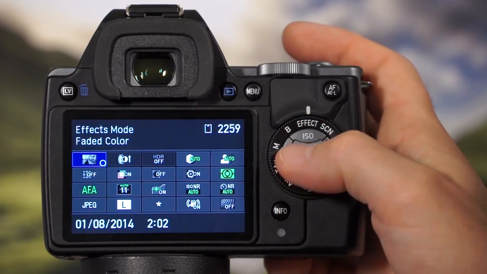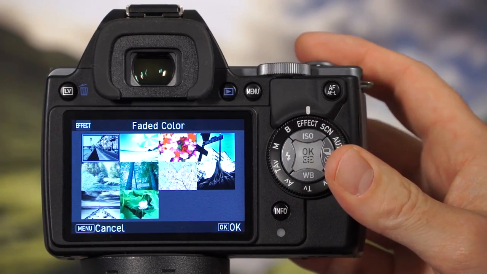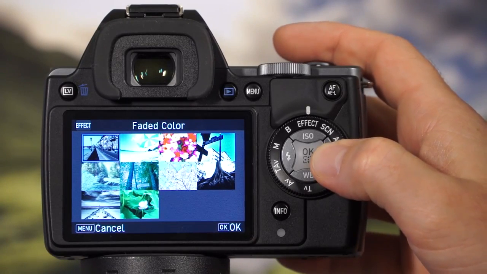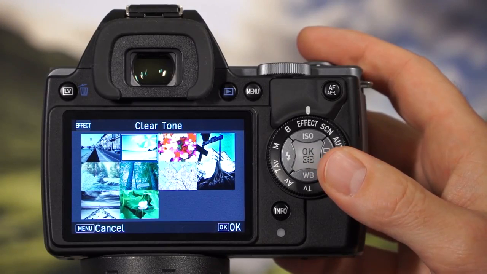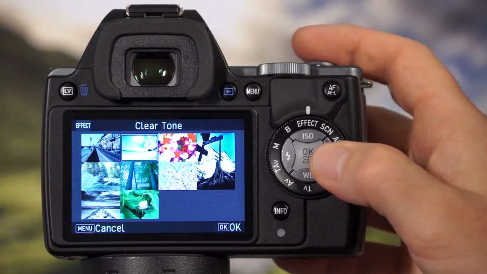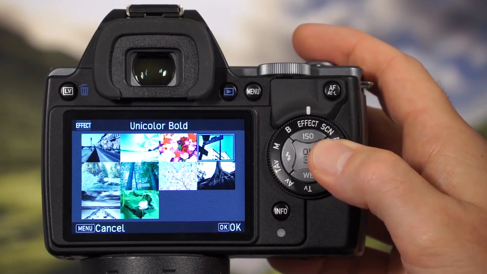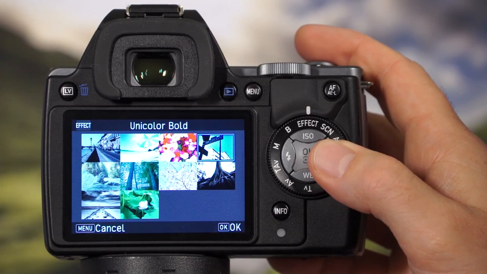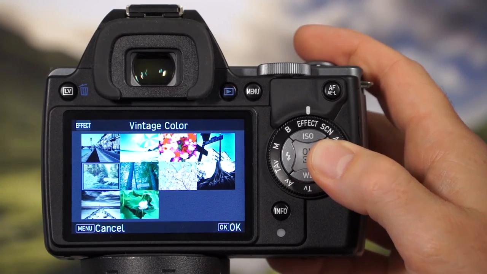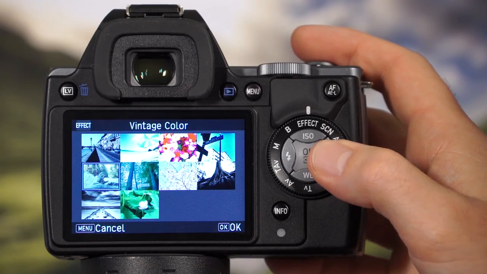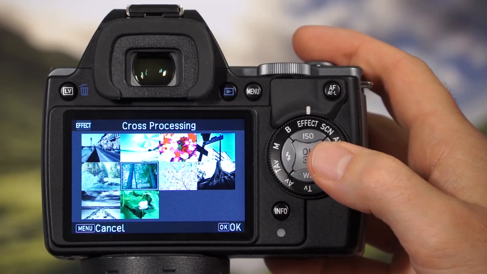You can choose from 10 different effect modes, including Faded Color, which will give the image a muted color tone, Clear Tone, which will give the image a crisp, clean look, Brilliant Color, which will capture vivid colors, Unicolor Bold, which will allow you to choose one color to be visible in the image while the other colors are black and white, Vintage Color, which will give the image an aged look,